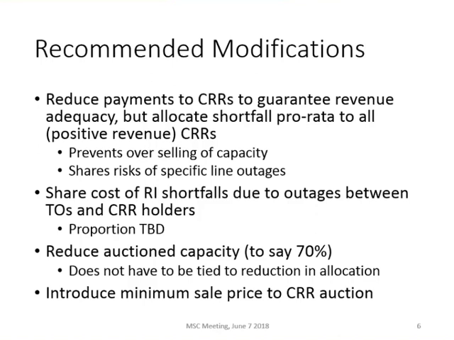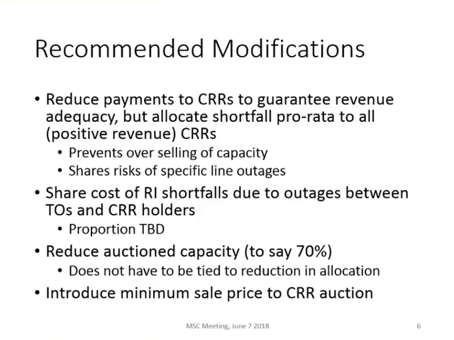I understand the benefits of reducing the auction capacity, but I see it as really just a trade-off, as you described earlier, of reducing forward open access. The less you sell, the less revenue inadequacy you're going to have, but also the less forward open access there's going to be to the transmission system. And the minimum sale price can help deal with those zero or penny CRRs. Maybe it's 25 cents, maybe it's 10 cents, maybe it's 50 cents. I don't know what the right level is, but it still creates the opportunity, just at a different level,